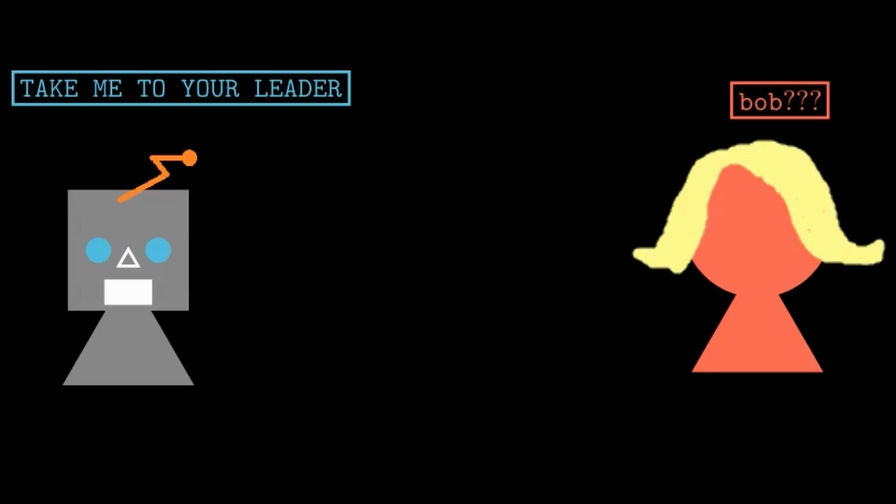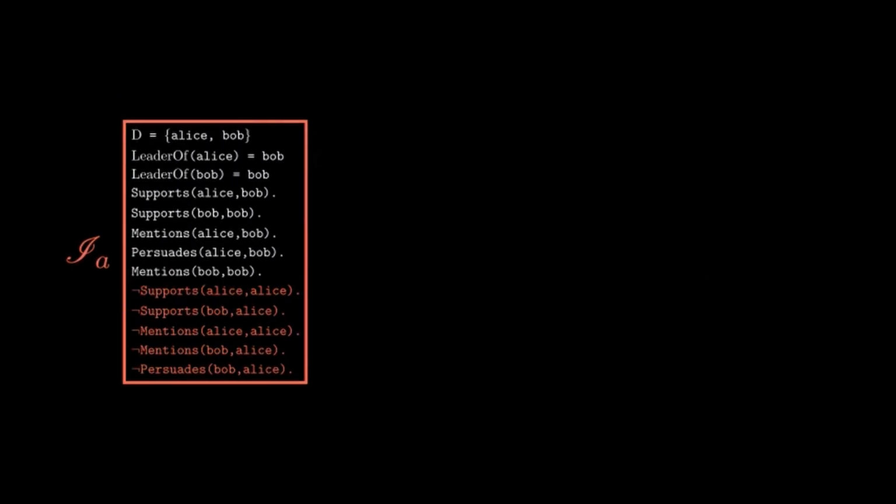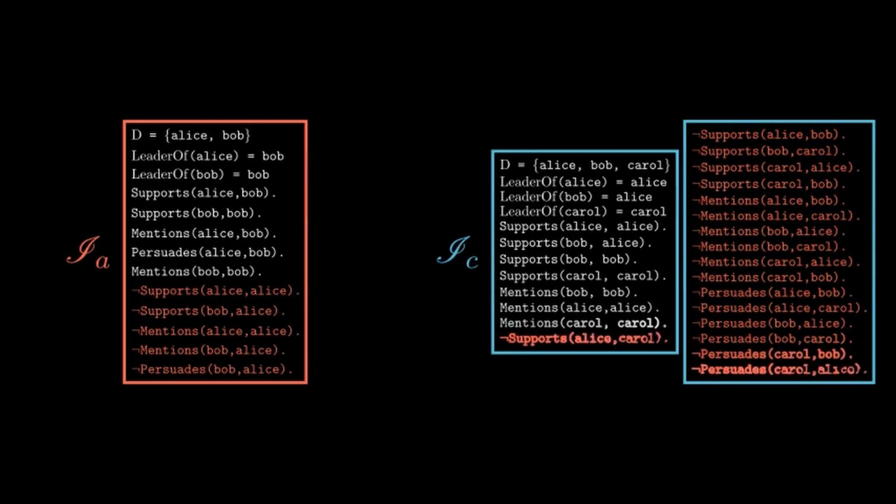Our example so far has taken the open world approach. If we instead took the closed world approach, our interpretations would look a little more cluttered. But the upshot is that we may recover some of our intuition. For example, now Carol and Alice contradict each other directly. Interestingly, both are still models of the program.